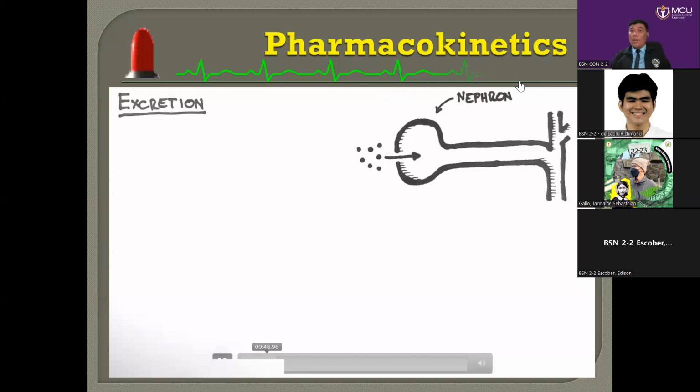Ang problem is, for those who are pregnant na nagkakaroon ng gastric irritation, nag-i-induce kasi yun ng hormones that will cause uterine contraction. So pag nagko-cause ng uterine contraction, this may lead to the possibility na mag-lead to premature contraction.